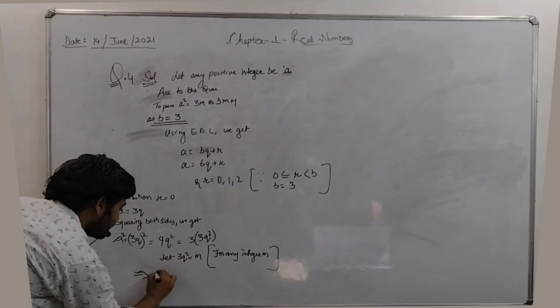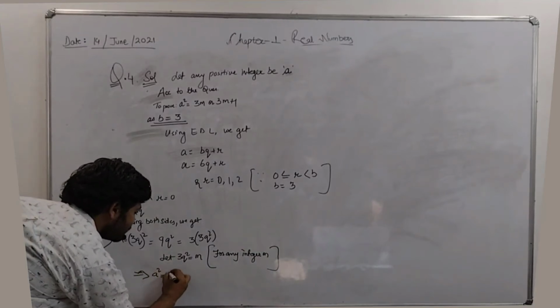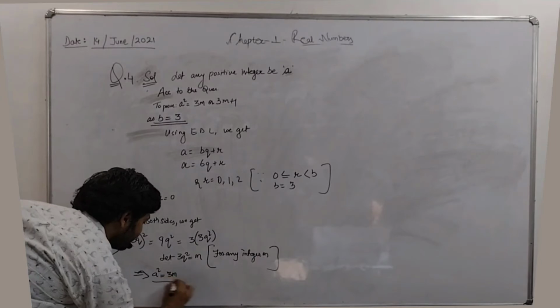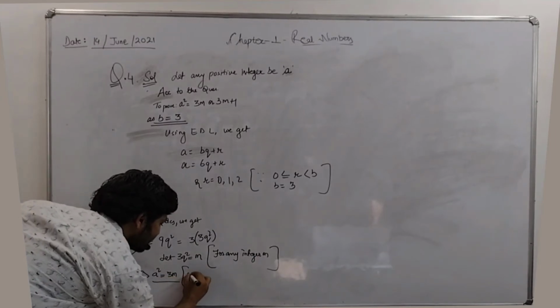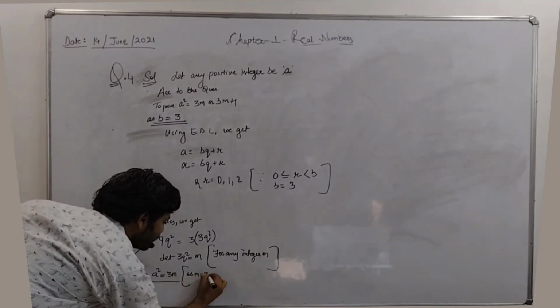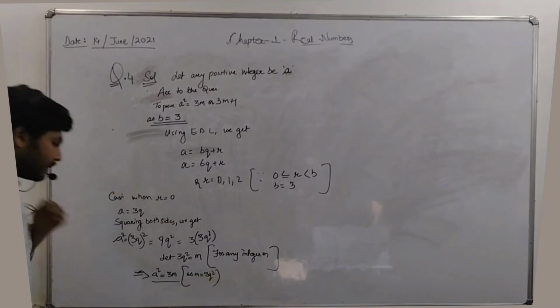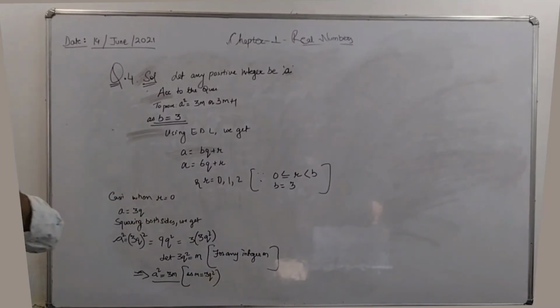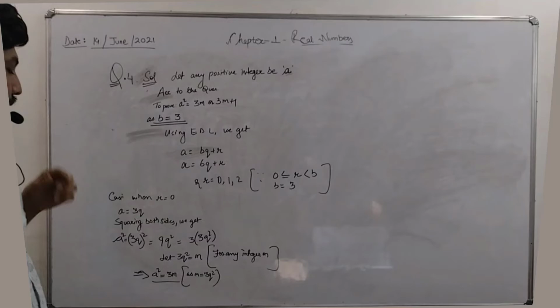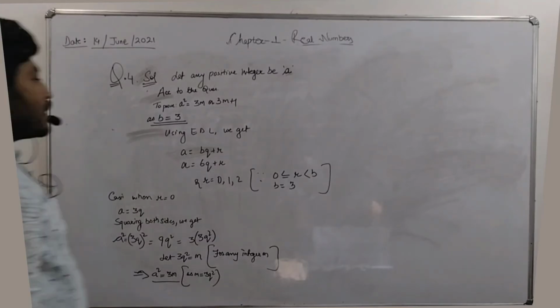Then we get a square is equals to 3m, as m is equals to 3q square. So this is how we have proved one, a square is equal to 3m. Now in the similar manner,